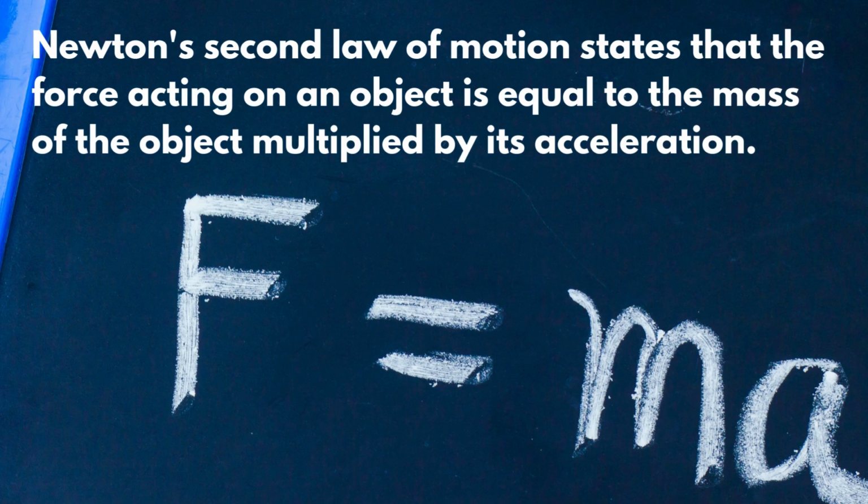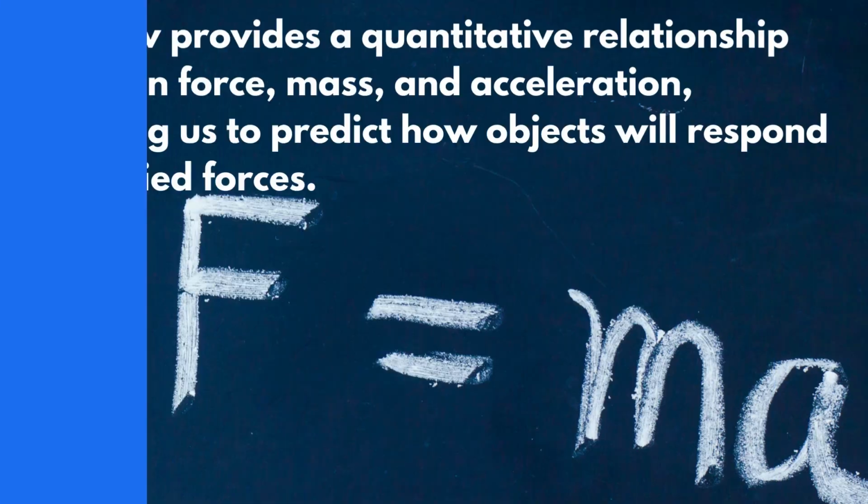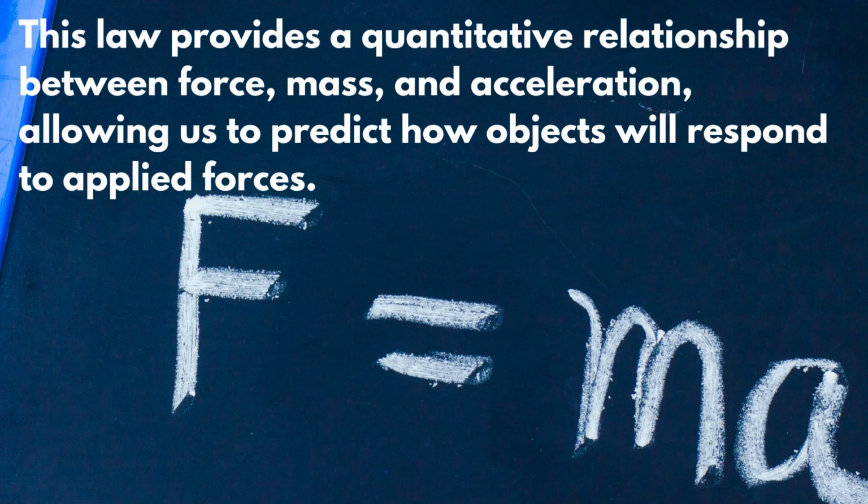Newton's second law of motion states that the force acting on an object is equal to the mass of the object multiplied by its acceleration. This law provides a quantitative relationship between force, mass, and acceleration, allowing us to predict how objects will respond to